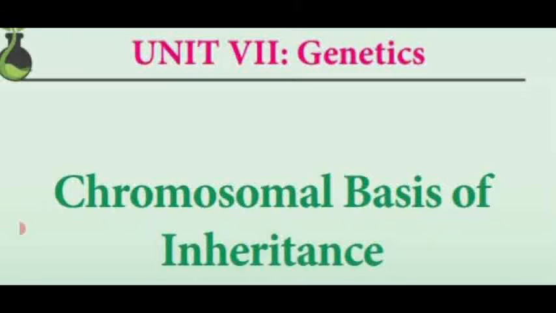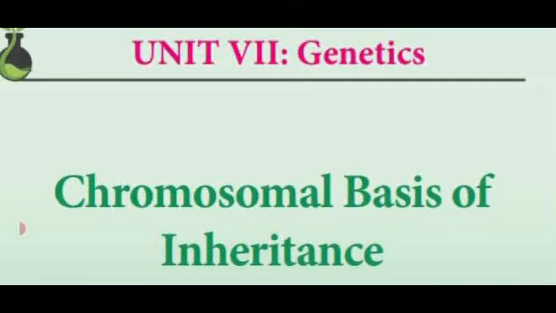Then we have seen the salient features of the chromosomal theory of inheritance, that is, each organism contains a pair of homologous chromosomes. One is derived from the maternal parent, and the other from the paternal parent. Both of them retain their individual structure and character. In the Mendelian period, it was named a factor. Now it is named genes. These genes, which are located on the chromosome, were observed at the time of meiotic cell division. That is a salient feature of chromosomes.